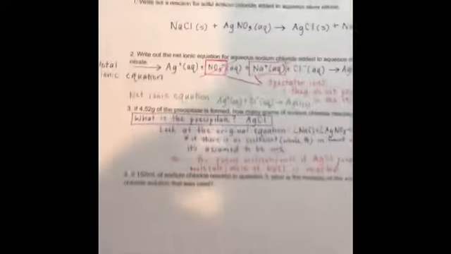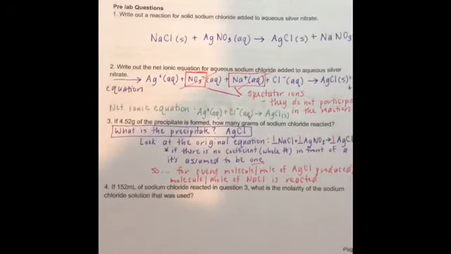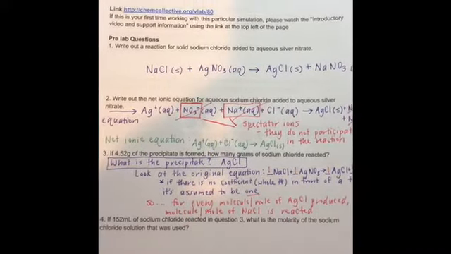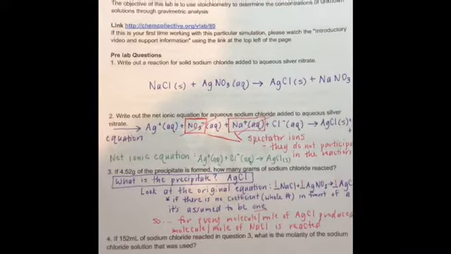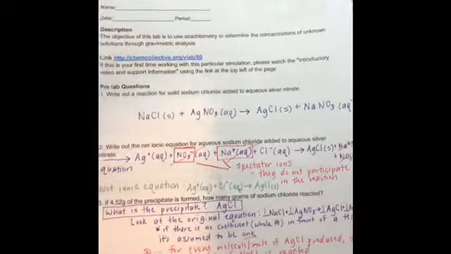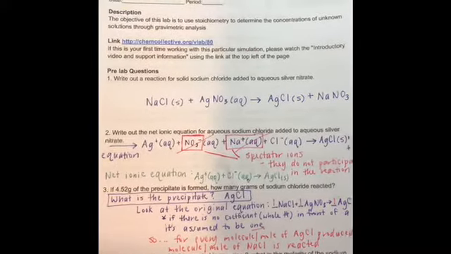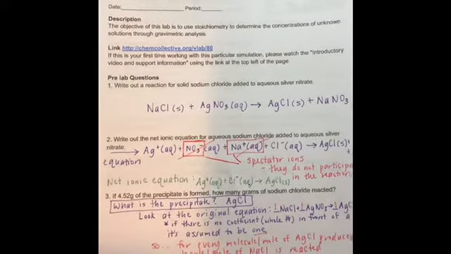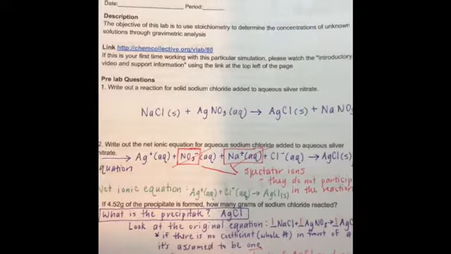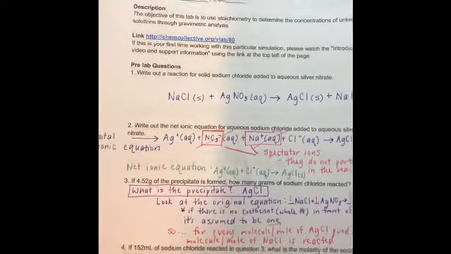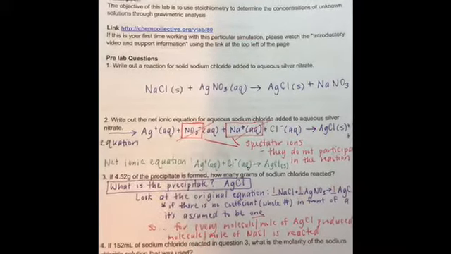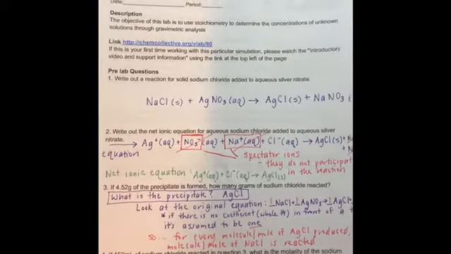Okay, and then for question 4, it's if 152 milliliters of sodium chloride reacted in question 3, what is the molarity of the sodium chloride solution that was used? So remember, now when we're dealing with this, they're saying that you're putting in aqueous sodium chloride. So pretend you have a glass bottle full of sodium chloride solution, and however much of that you added, which was 152 milliliters, we know that addition of that 152 milliliters of whatever that molarity solution was gave us